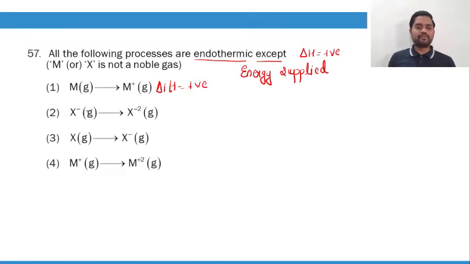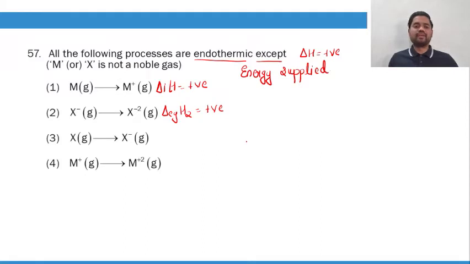So this is endothermic. X minus gets converted to X minus 2. X is already a negative charge. One more electron has been pushed. Okay, negative basically repels. So what we have to do? We have to supply energy so that X minus will get converted to what? It will get converted to X minus 2 gas. That means again it's an electron gain enthalpy, but it is a second electron gain enthalpy,